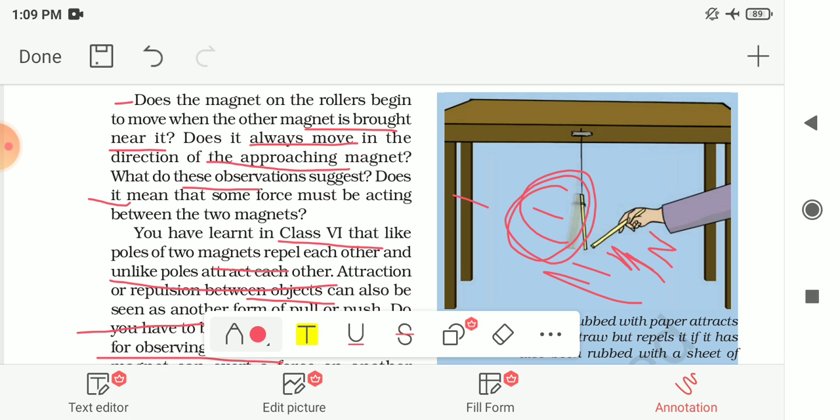So from this activity we can say that a piece of straw is said to have acquired the electrostatic charge after it is rubbed with the sheet of paper. Both these straws attract each other due to the unlike, or different, charges present on them, and they repel each other due to the same type of charges present on the pieces of straw. So an attractive force exists between unlike or different charges, and a repulsive force exists between like charges. That force is known as the electrostatic force.